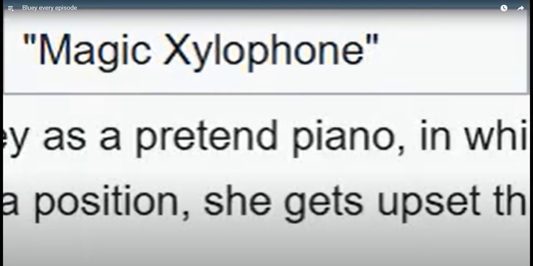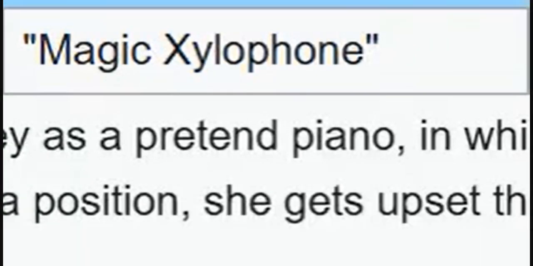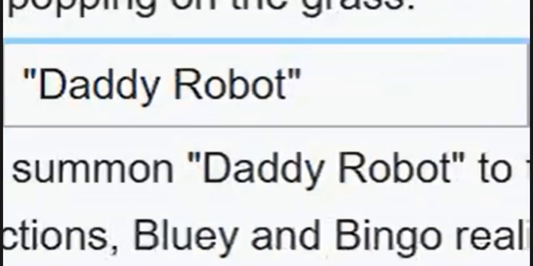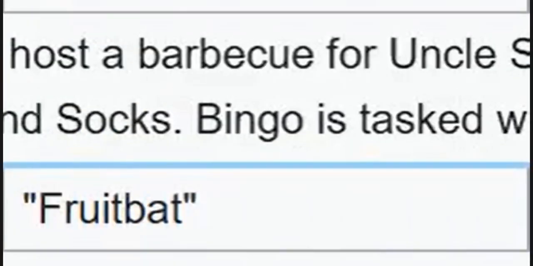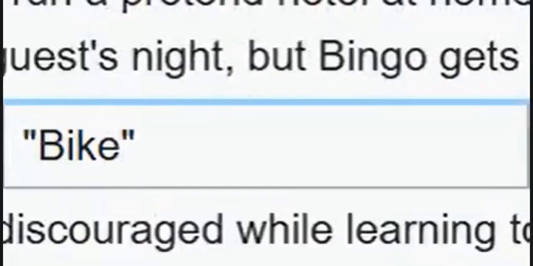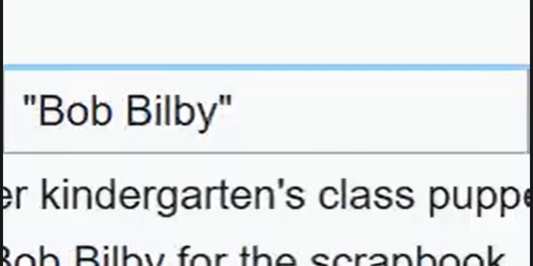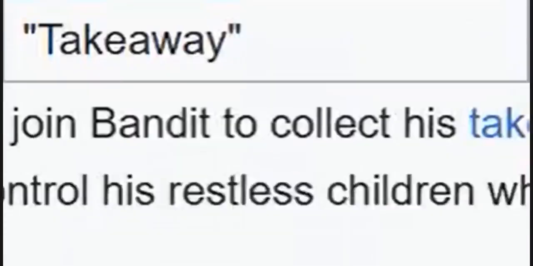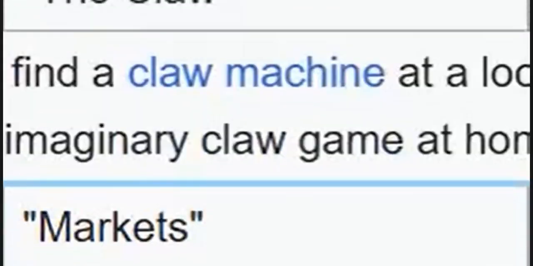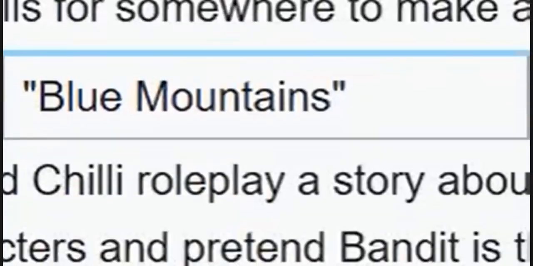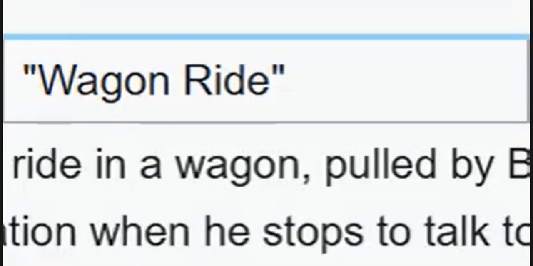Every Bluey episode in order. Magic Xylophone, Hospital, Keepy Uppy, Daddy Robot, Shadow Lines, The Weekend, Barbecue, Fruit Bat, Lucy Ride, Hotel, Bike, Bob Bilby, Spy Game, take away, butterflies, yoga ball, flips, solo, doctor, claw, market, blue mountains, pool, shops, wagon ride,